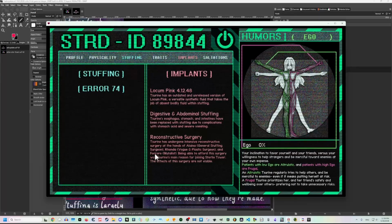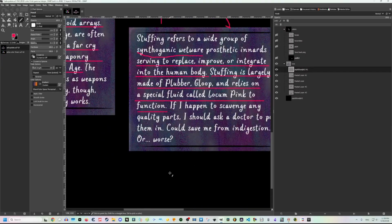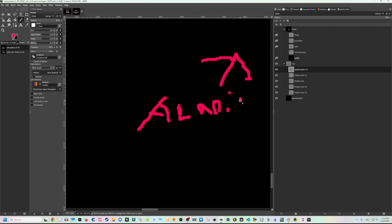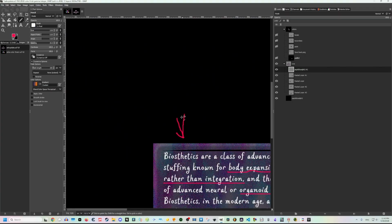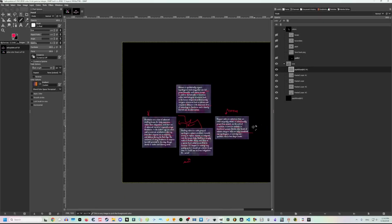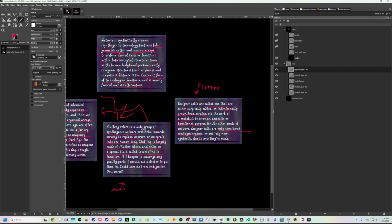Yeah, it's worth noting, general stuffing surgeon. I'd say this is because I'm writing with a mouse, but that's not true. My handwriting is always terrible. Which implies this, it says Rhonda's a plastic surgeon. Because of those two connections, I almost want to say that Rhonda is